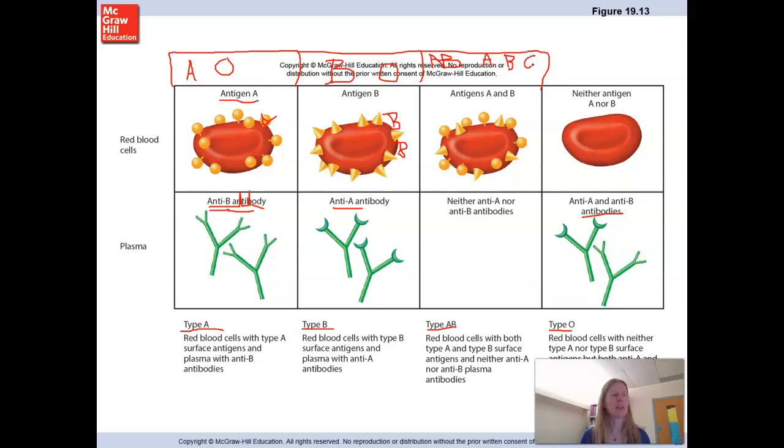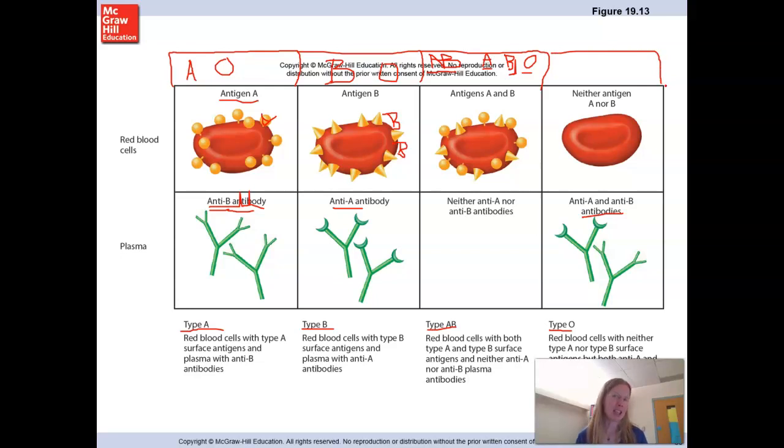And good old naked O, right? We're not going to attack that one either. So someone with type AB blood is referred to as the universal recipient, right? Because they can get any of those 4 blood types. Okay. Now type O,